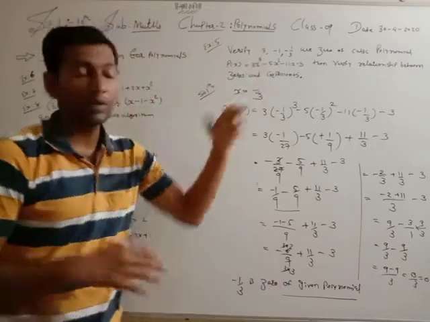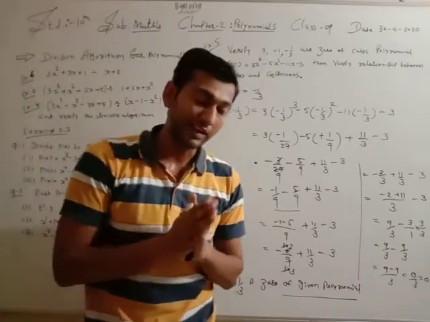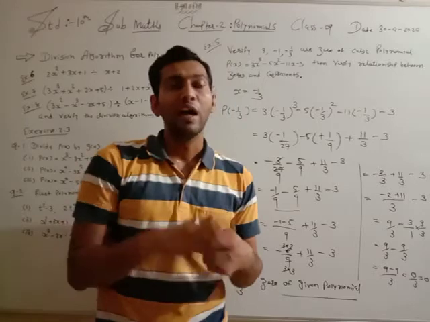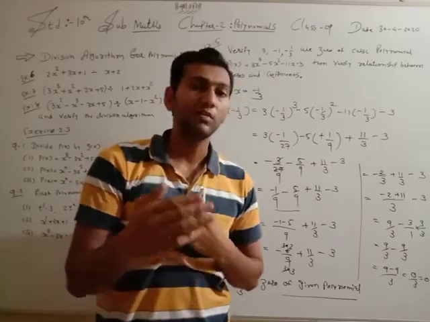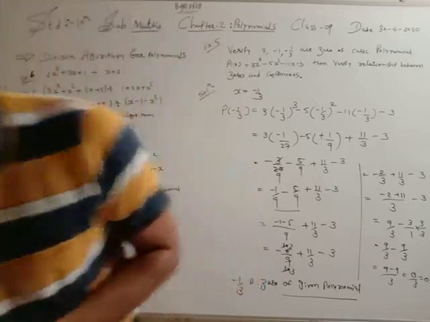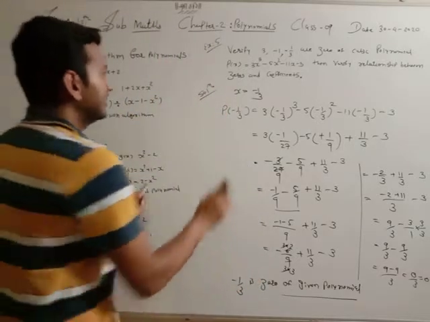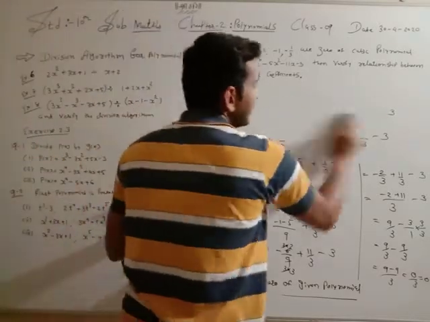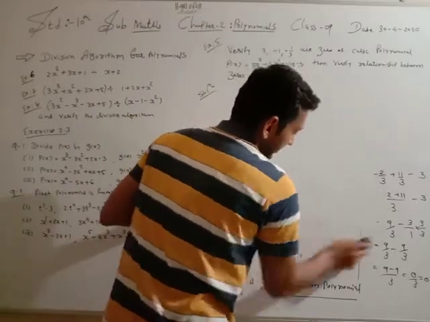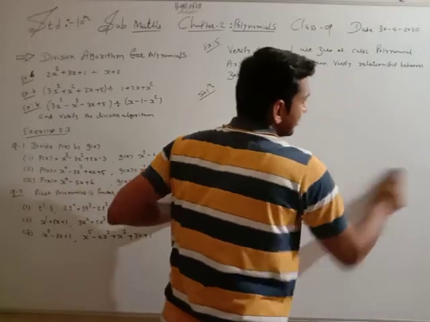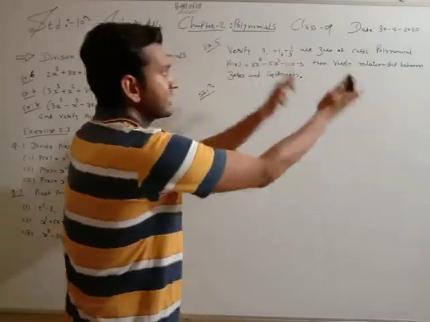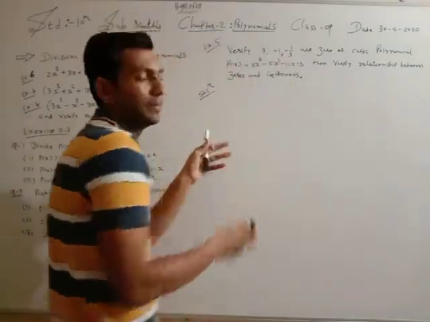Okay, in the case of a quadratic polynomial, you know alpha plus beta is equal to minus b by a, and alpha into beta is equal to c by a. But in the case of a cubic polynomial, there are 3 zeros. So first I will teach the theory, and it is not a part of the example, it is used in a sum. Okay.